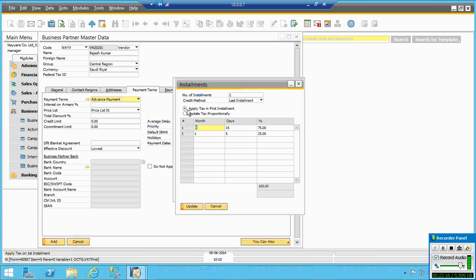And this is applicable where tax is there, like apply tax on cost installment. Some customers take a different tax for another one, and then only the payment will be made. So if you do that, as required. Or the option is to divide the tax proportionally. If they don't do it, then tax is not applicable. So this is very important.